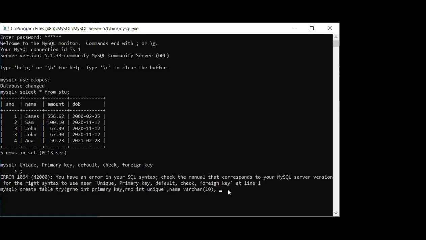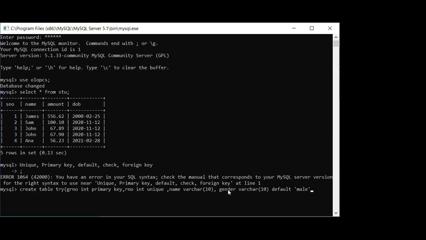Suppose I am inserting gender and it is of varchar type. Suppose I am inserting male and female both. So maximum students are suppose male in that particular case. So first of all, I'm going to write how much length of this comma, and then we have to write the default value. So before comma only, first I will write default. And then whatever is the default value I wanted to give over here. Suppose by default, because as I said, all are male. So I can give this in the single quote.